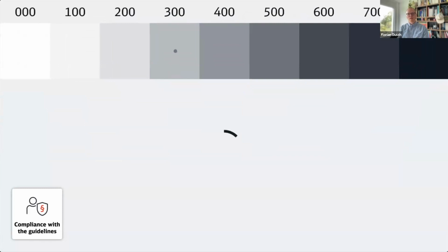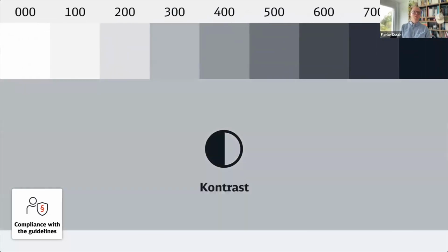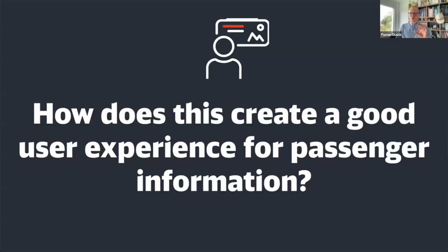And of course, it also applies here. Especially contrast was a big deal, with Deutsche Bahn having a lot of different types of gray in their corporate identity. And we also took this to heart. So then we took all of this basically as an input, and we really looked at the customer journey,